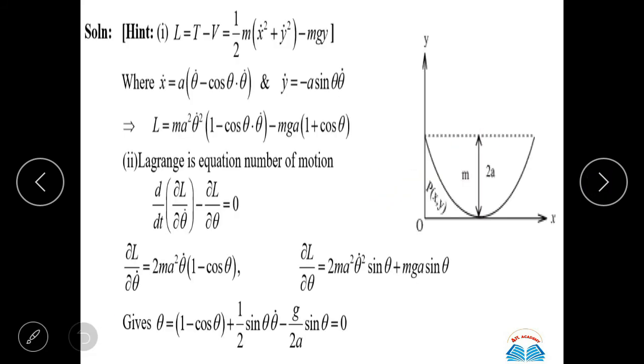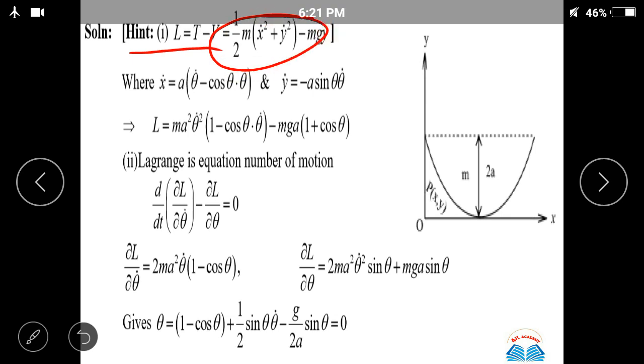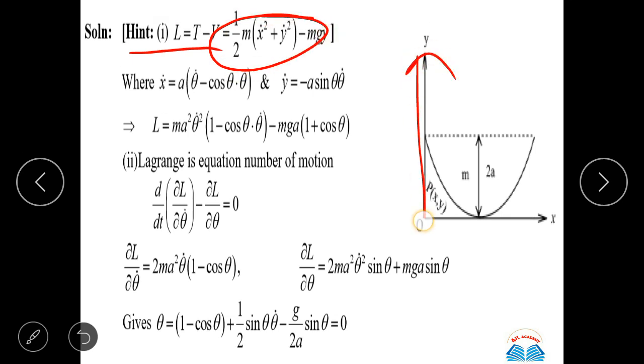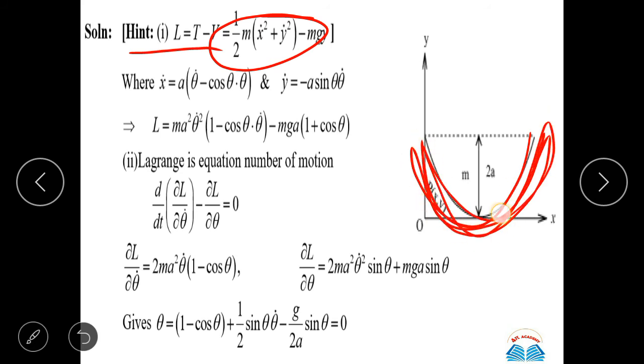So let's start, guys. This is again a polar coordinate problem. We have already solved this type of example previously, so with a very easy method, I'll tell you how to solve this. The Lagrangian is basically L equals T minus V, and how can we get the kinetic energy T here? This is the system in the XY coordinates. I'm just plotting the diagram. This is our origin, and the amplitude of this hemisphere which we are making here is 2a. We can consider it as the radius also, and this is in polar coordinates.